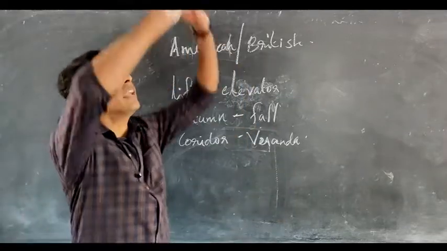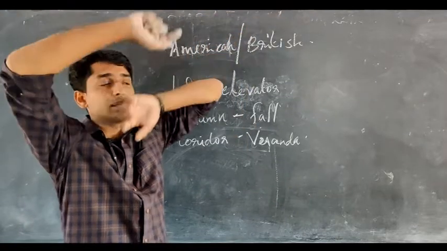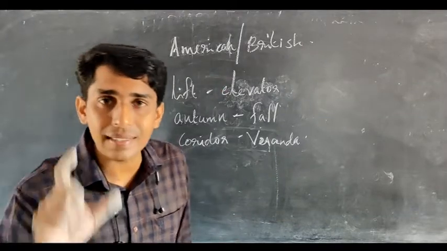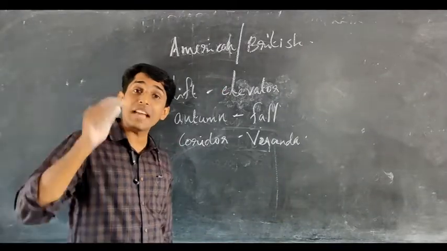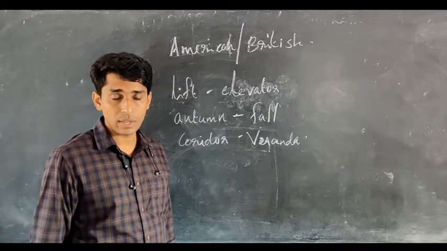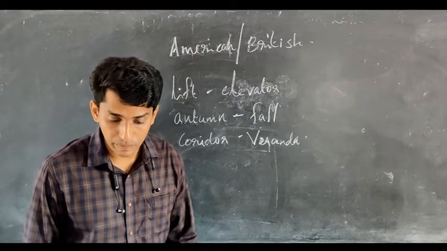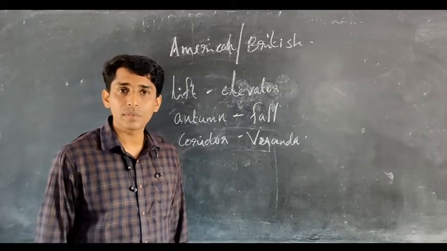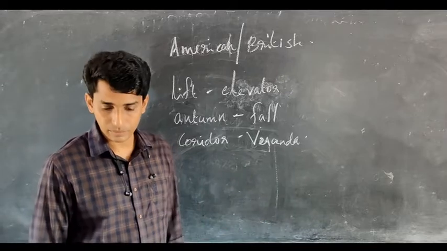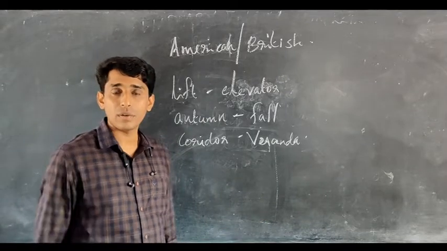One is aerial. Aerial. When we were very young, our TV had an aerial. We didn't call it an aerial, we called it antenna. Your parents may know what's antenna. Okay. Aerial is British. Antenna is American. Flat. What is flat?